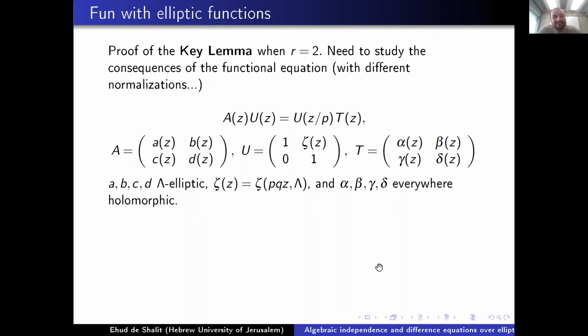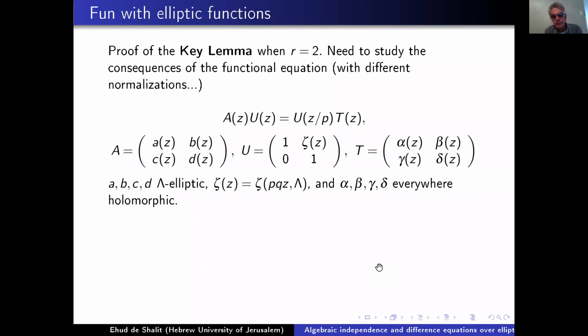Yeah, okay, good. So let me use the last 4 minutes to do what I call fun with elliptic functions, because this is really fun if you like complex analysis. So let us forget about everything and let's just do this little exercise and see what goes on in the proof. So when R is 2, we need to study the consequences of the following functional equation, say for P,